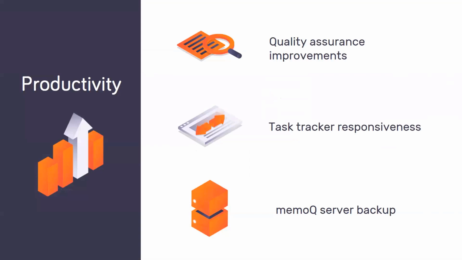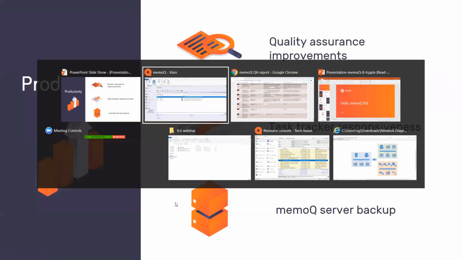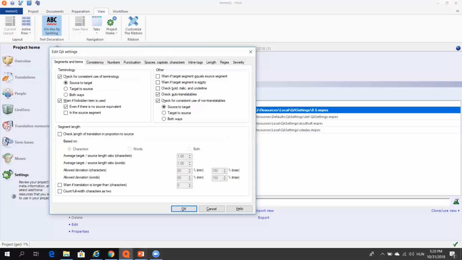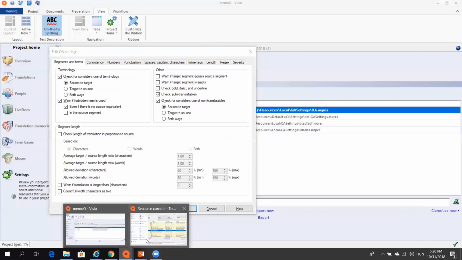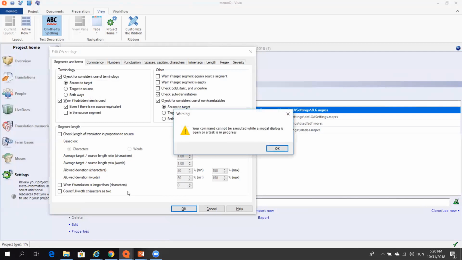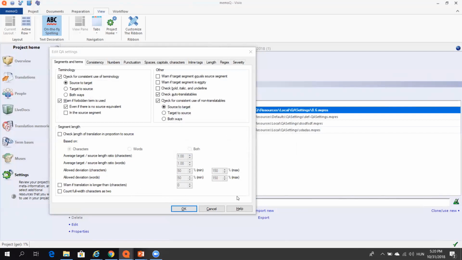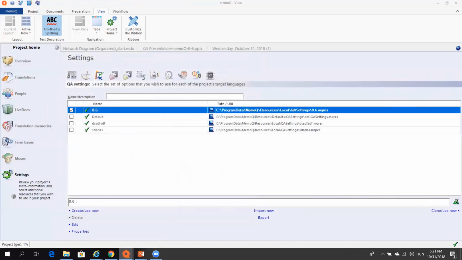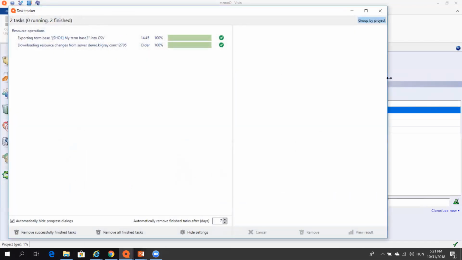We have made the task tracker window responsive. I mean, responsive in the sense that it is now possible to meaningfully resize it. So I try to show you what this is about. So I right-click, okay. It cannot work with QA and task tracker at the same time. So I'm bringing up a task tracker window, and before this version,